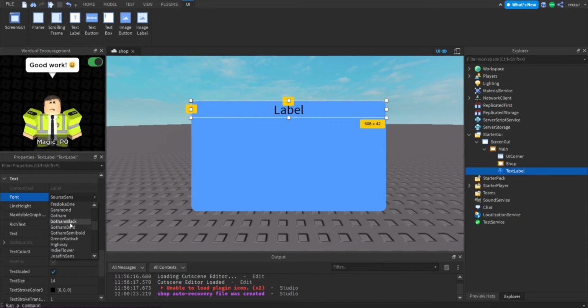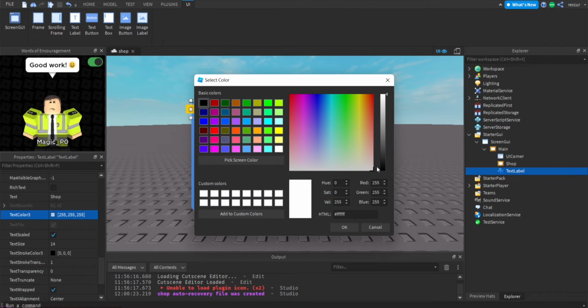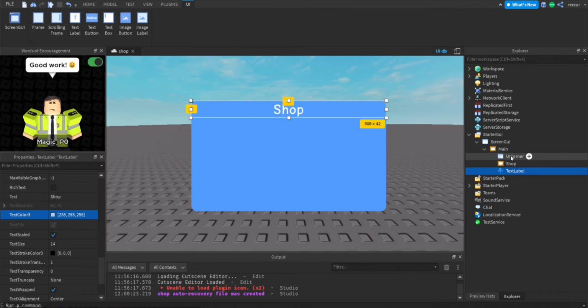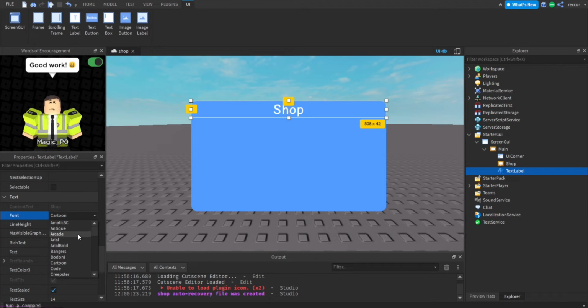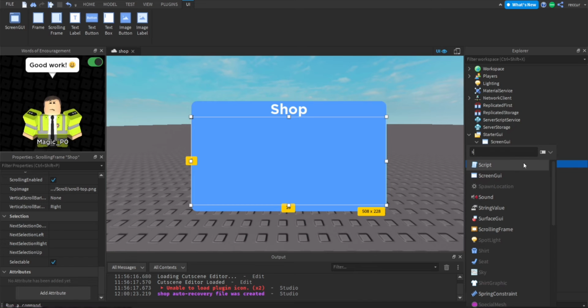Let's try to have a different Gotham. I always use Gotham Black. I don't know, anything to be honest. Anything would work. Shop. Alright. Oh, this doesn't really look the best. Whatever. Yeah, let's do like Gotham Bold or something. This looks good. Alright, so in our main shop frame, which is a scrolling frame, let's do a UI grid